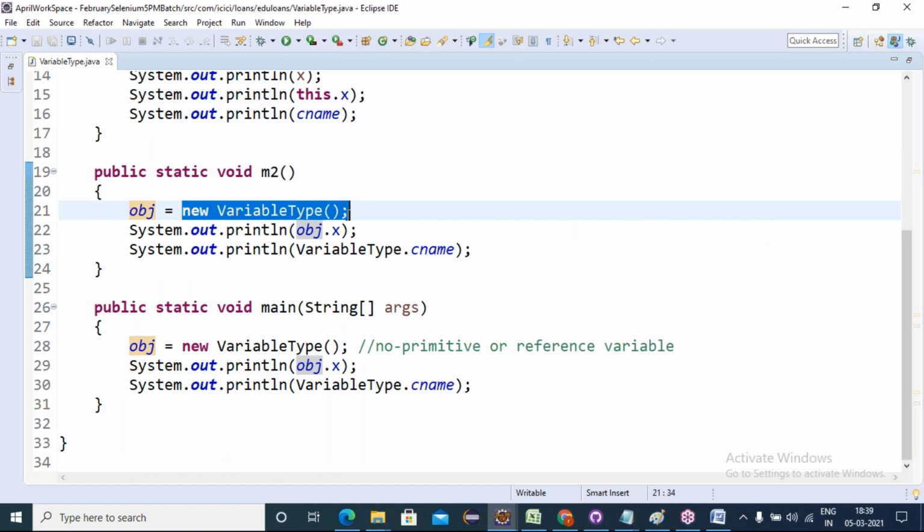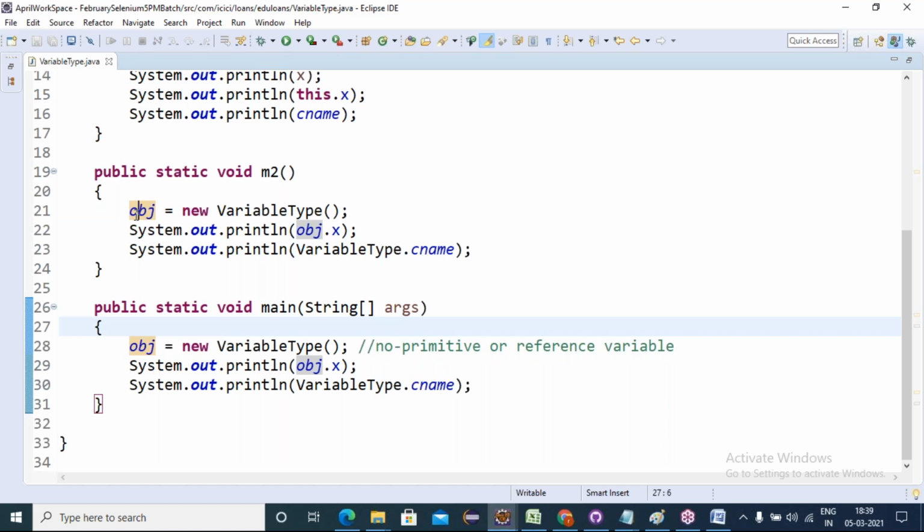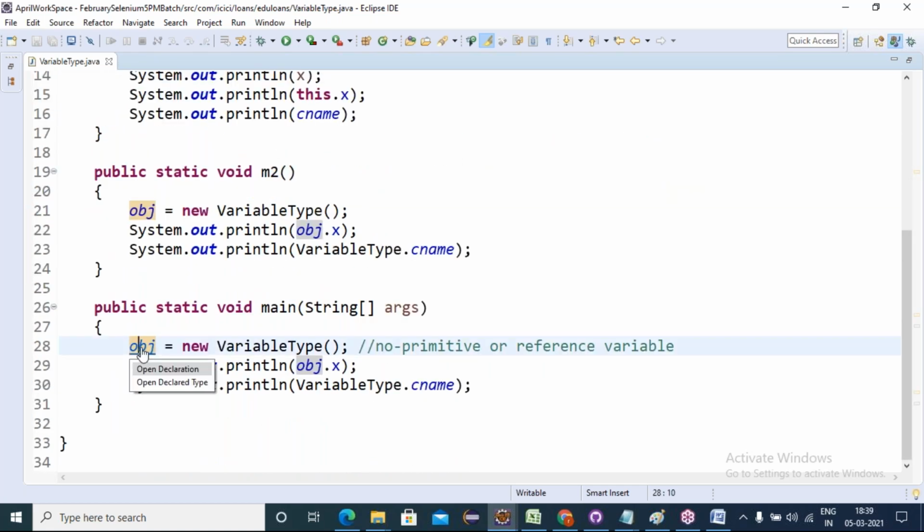For this object I'm storing here, this object I'm storing here. Then this goes to this reference, this goes to this reference.